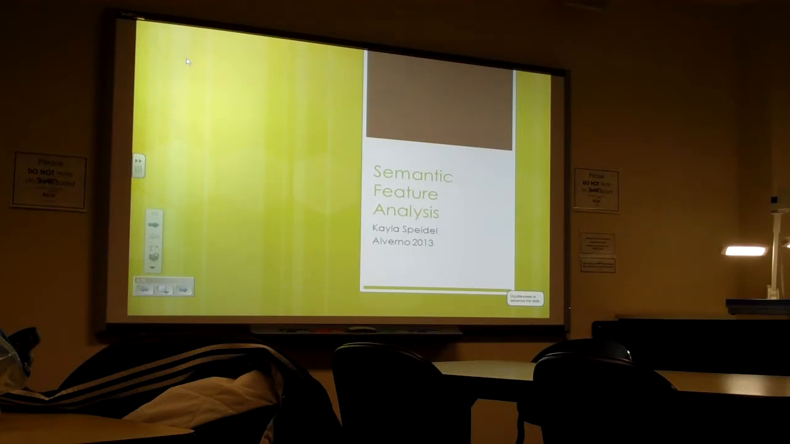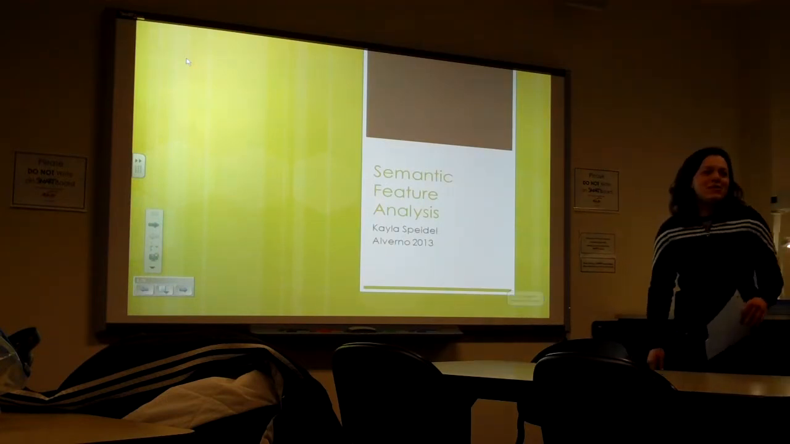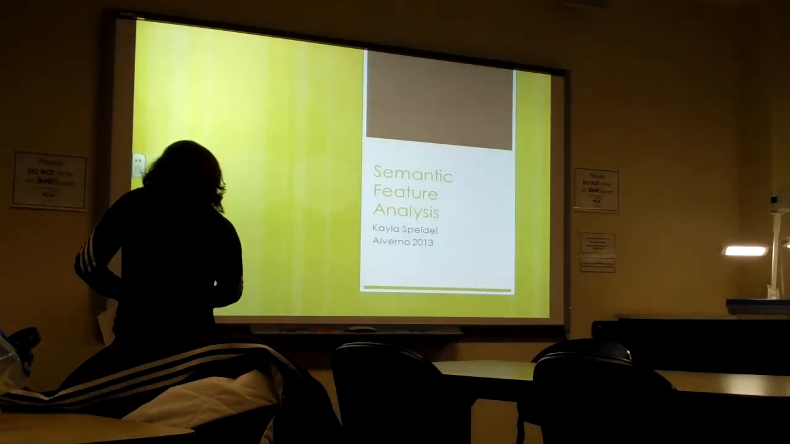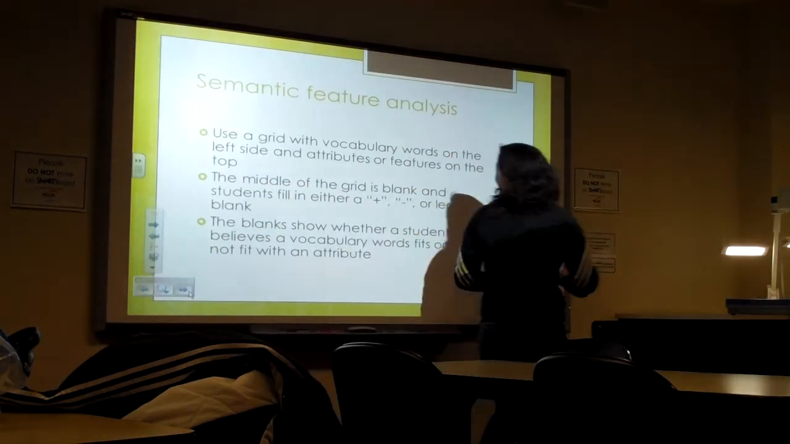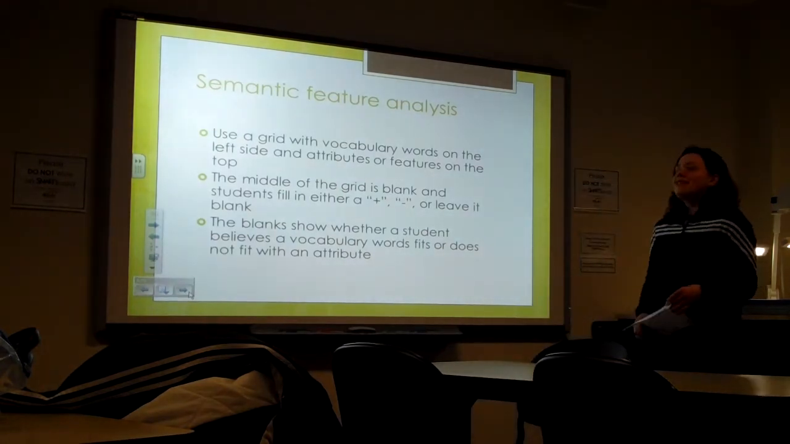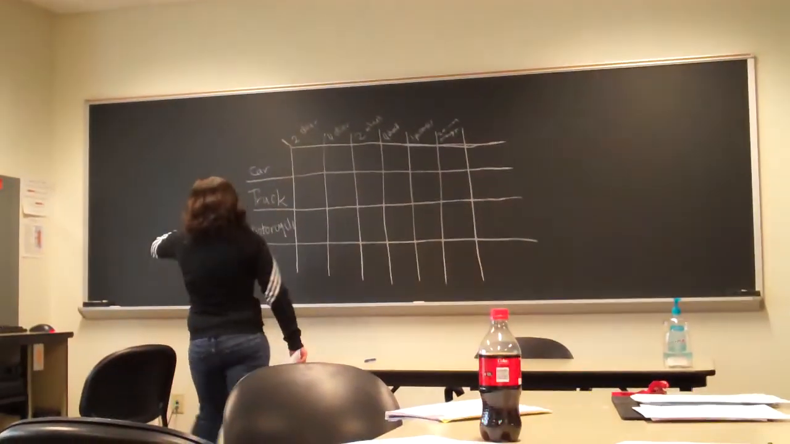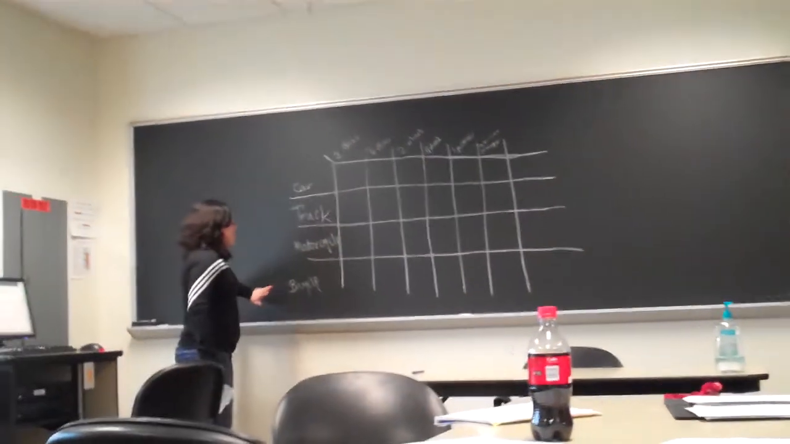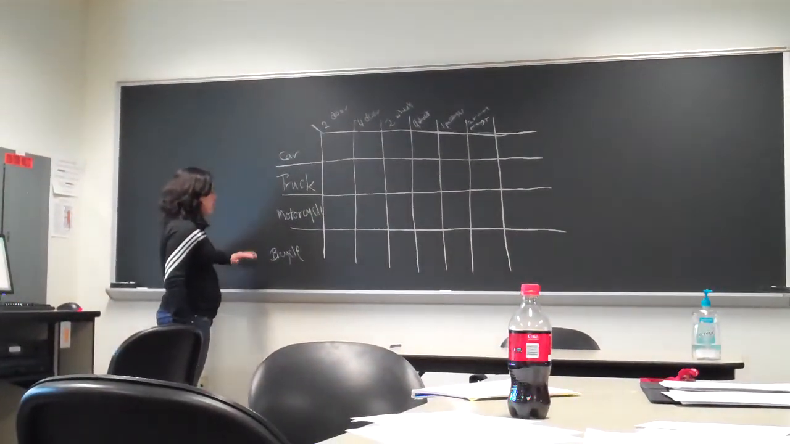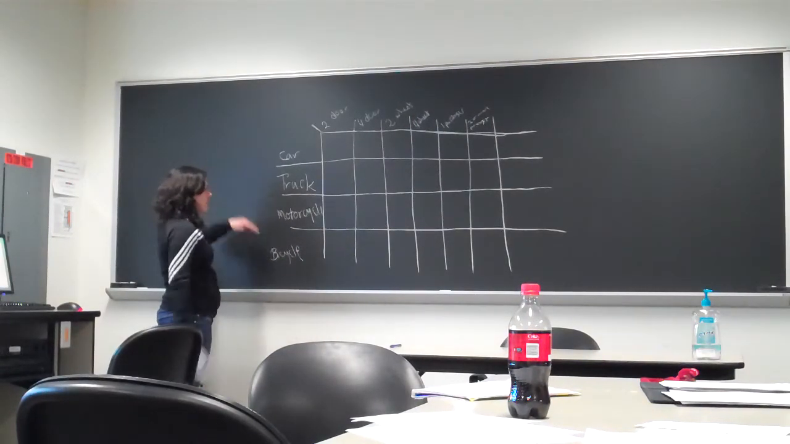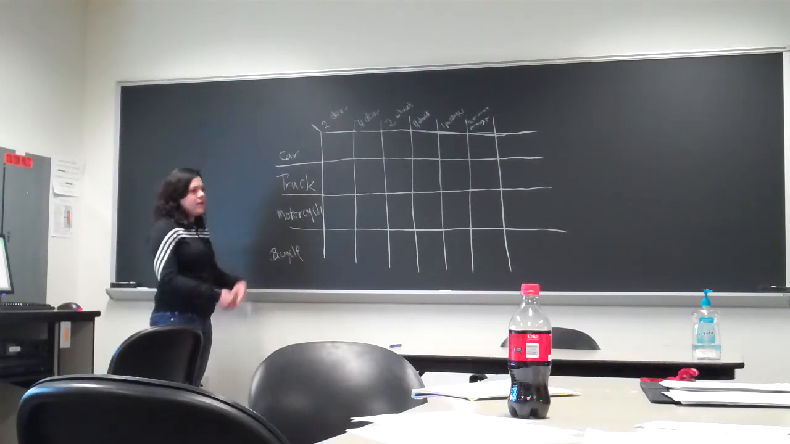So my vocabulary strategy was semantic feature analysis. With this strategy you make a grid, kind of like the one that I just put up there. On the left side going down, you're going to list your vocabulary words, for instance, like the one I made: car, truck, motorcycle, bicycle, all different types of